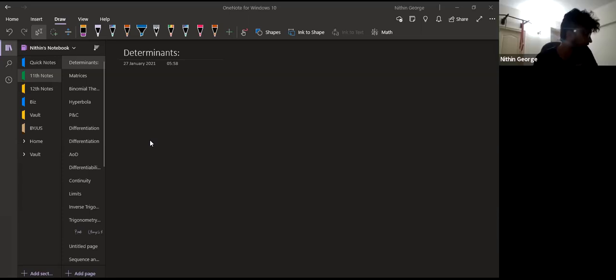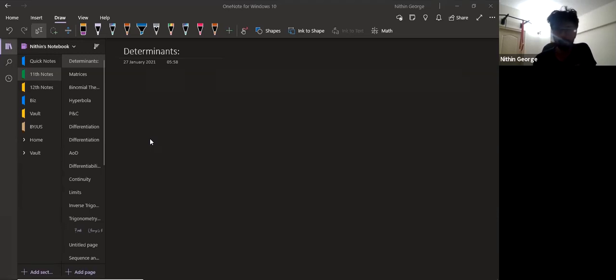Okay, so let's begin. You learned how to find the determinant of any matrix. You multiply a corresponding row or a corresponding column with its cofactor values, and you'll get the value of the determinant. If you take one row and multiply it with the corresponding elements of cofactors of another row, then you'll get 0.